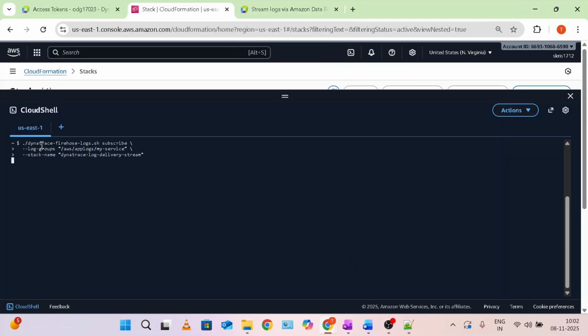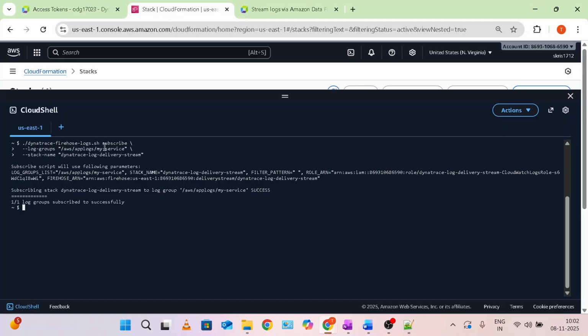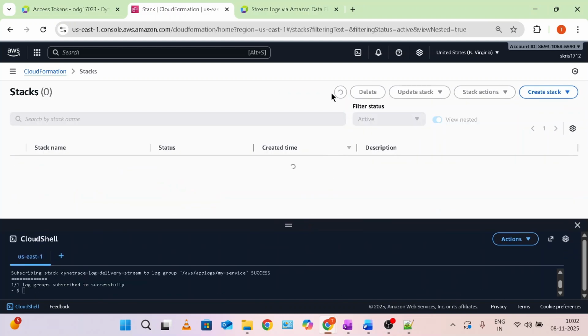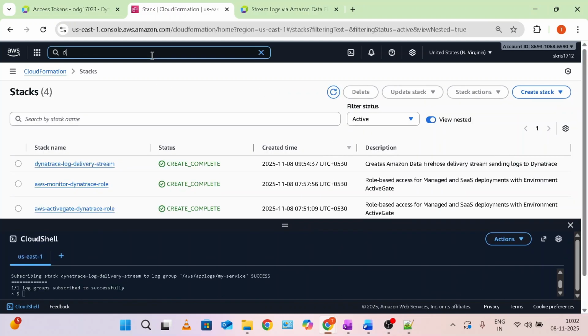So what I'm doing here is I'm going to run the shell script, and this shell script is going to subscribe this particular log group against this particular stack name. Okay, it is successfully subscribed. Let's go and verify here. Refresh the screen, go to CloudWatch,